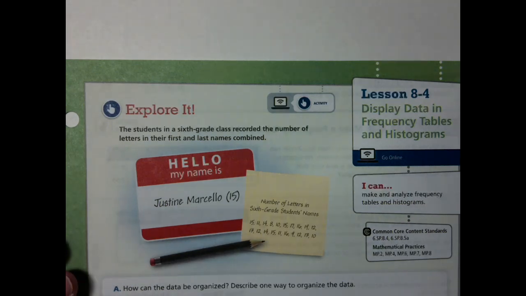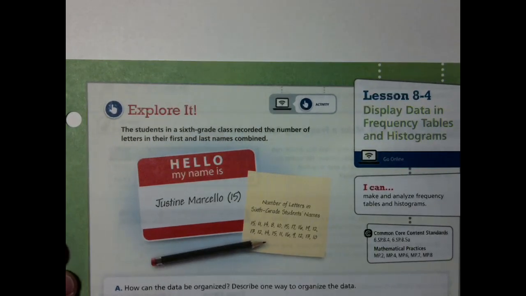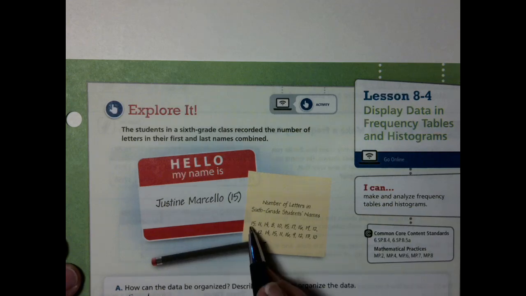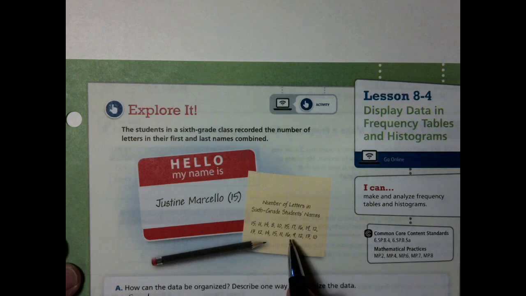Well, let's see. We could look through there and say, well, we got the number. I like to do things from least to greatest. So I'm going to look through there and say, I see an 8, and I've got one of those. I see a 9 right here, and I have one of those. I see a 10, and I have 1,